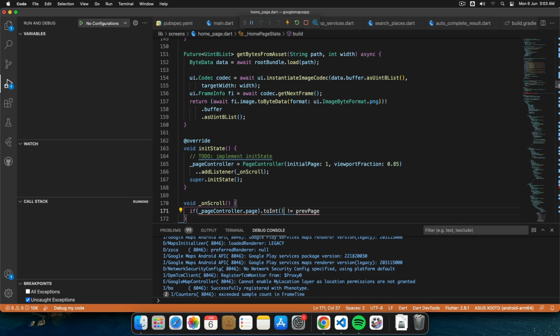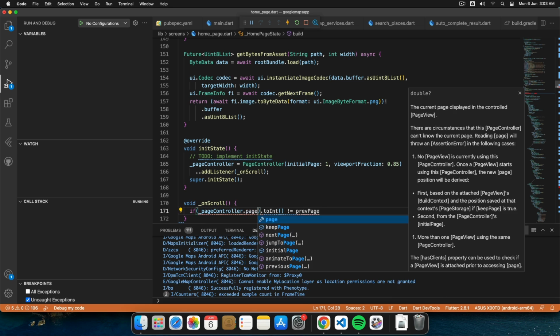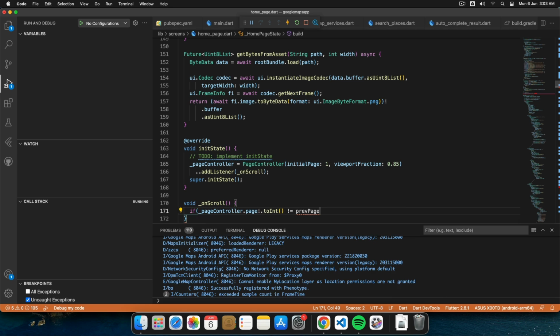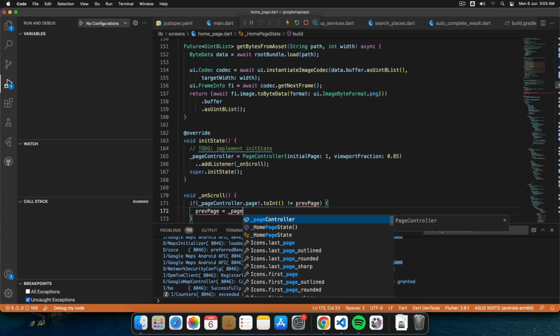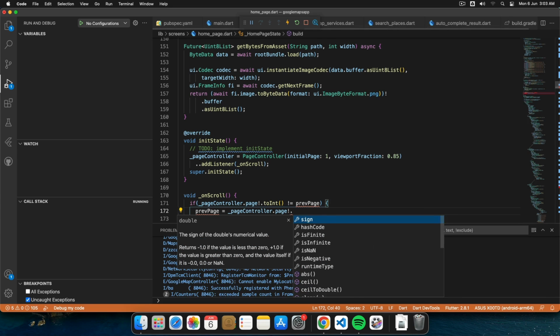Sorry, what am I doing? Page controller dot page event previous page equals page controller dot page dot to int